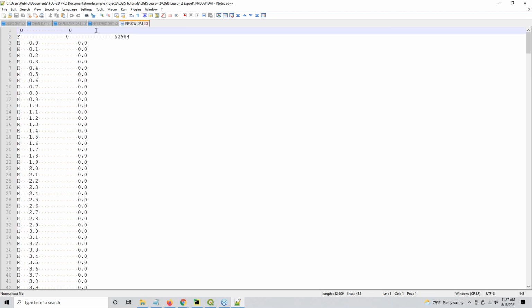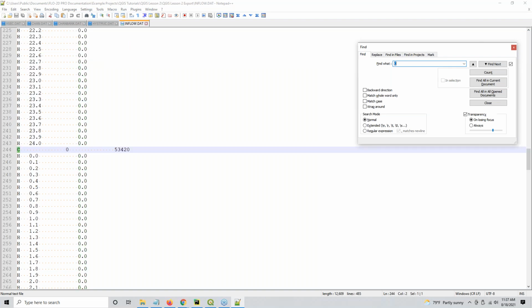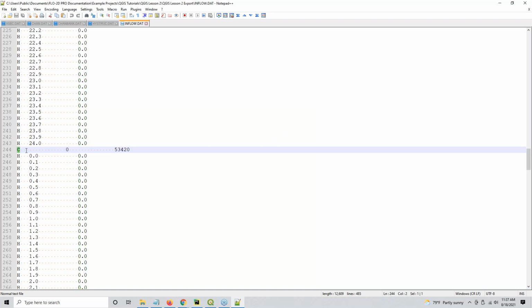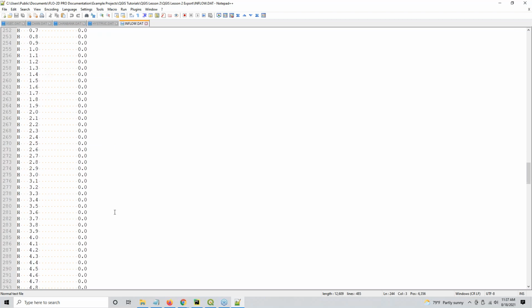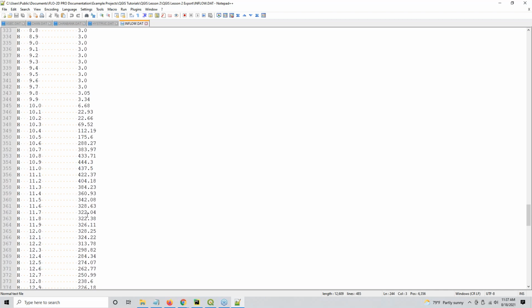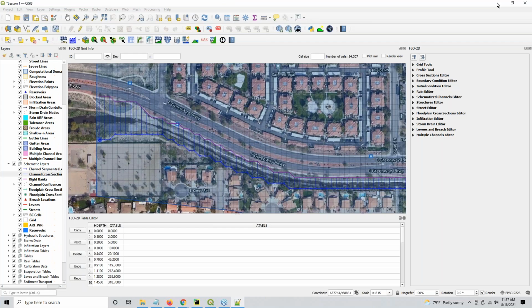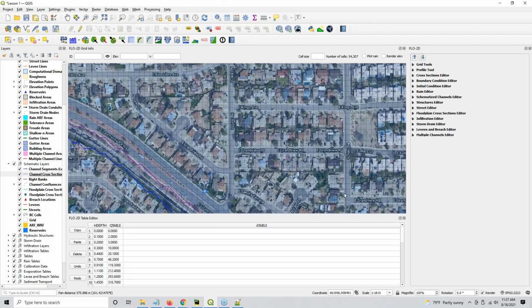In inflow.dat, we added another line. So now instead of just an F line that was for our floodplain inflow, we also have a C line. I'm going to Control F and put in the letter C, and that will take me down here to my first channel inflow node. I only have one, assigned to grid element 53420, and it has hydrograph data, time and discharge, that goes into that cell over a 24-hour period. And that is this one